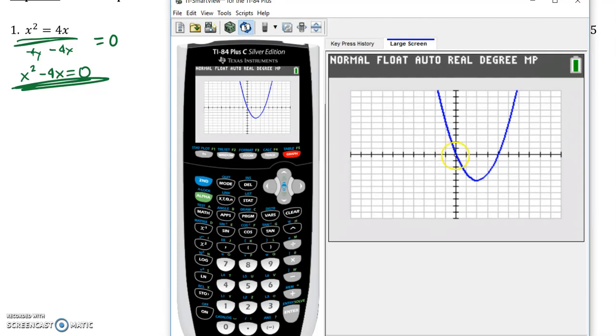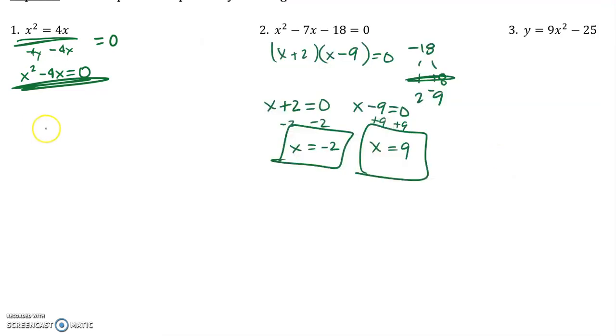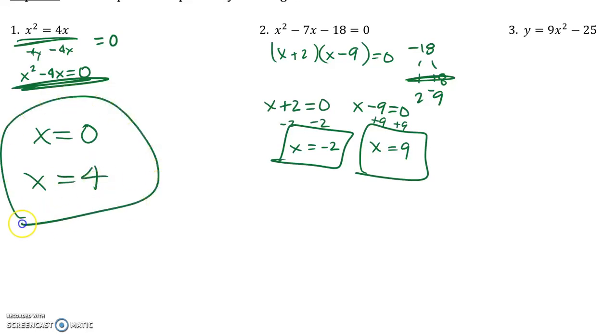So the graph crosses the x-axis at 0 and at 1, 2, 3, 4. So you can say x equals 0 and x equals 4. So if you didn't want to factor, if you make your equation equal to 0, you can just pop it in your graphing calculator and look at the picture, reading where your graph crosses the x-axis. Either way, you should